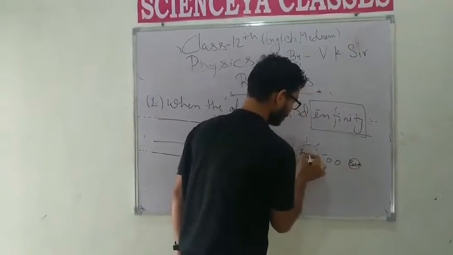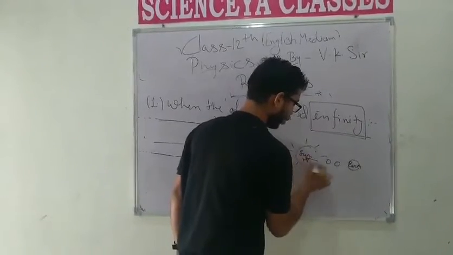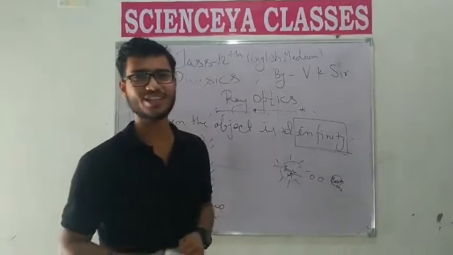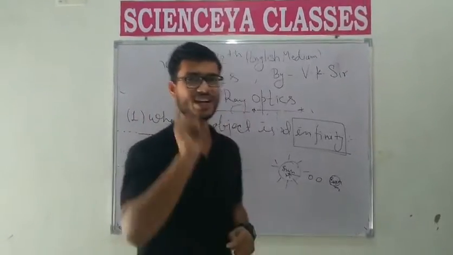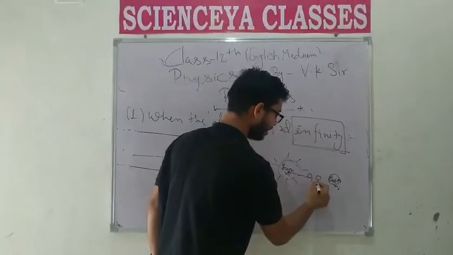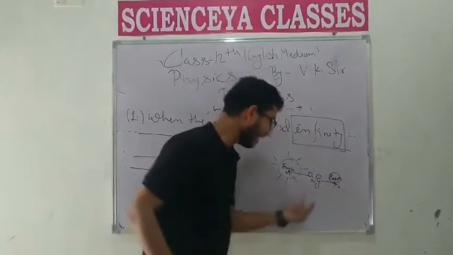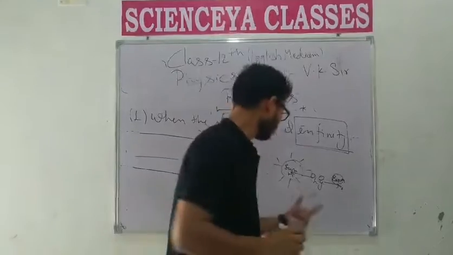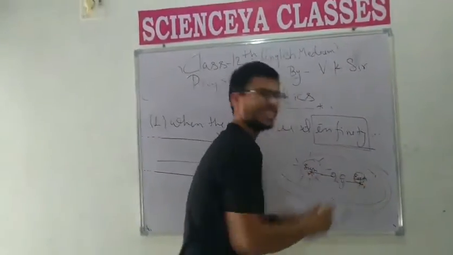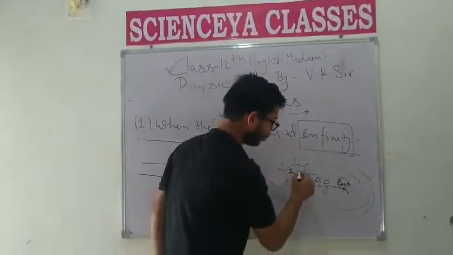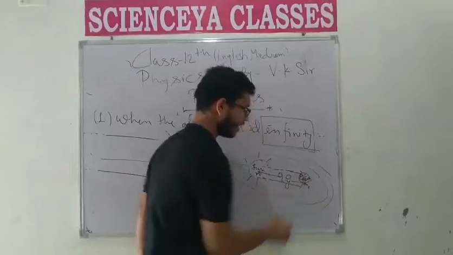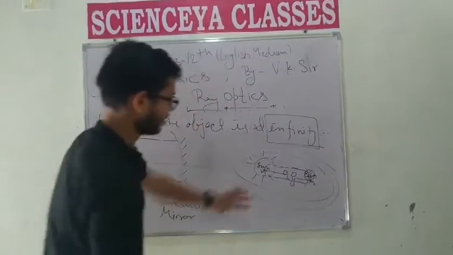So student, this distance is measured from the center of mass, and the phenomenon of center of mass you learned in class 11 chapter 7, center of mass and rigid body. This distance is measured in light years, and light year is a unit of distance. So student, this is our solar system in an elliptical way. The distance is infinity, and suppose the rays of light incident from the sun on a concave mirror that is placed on the surface of earth.